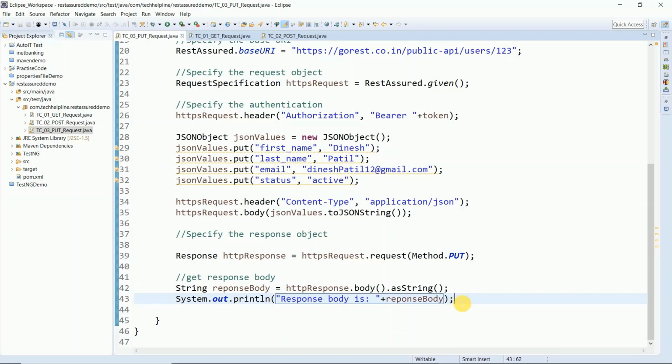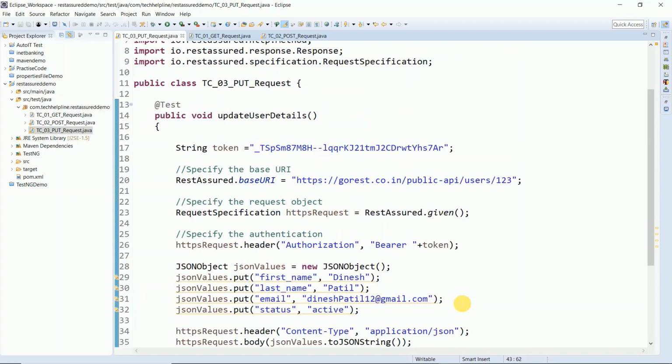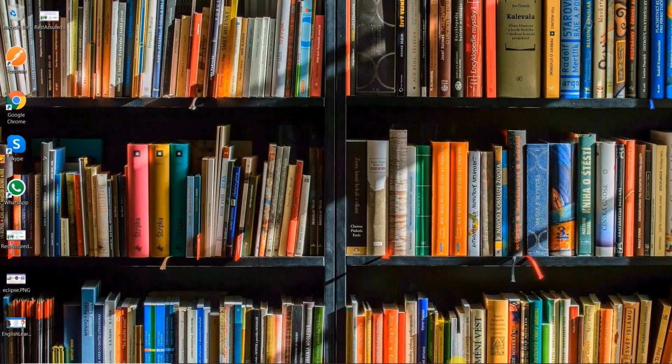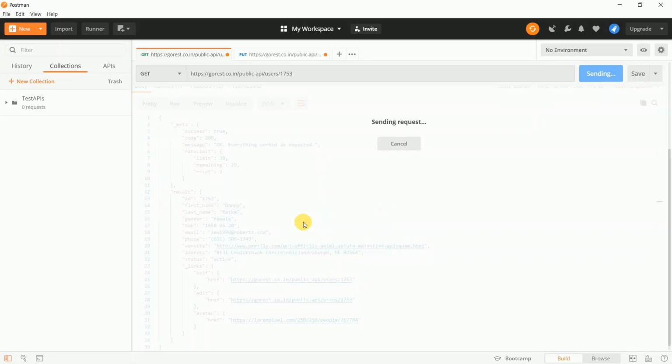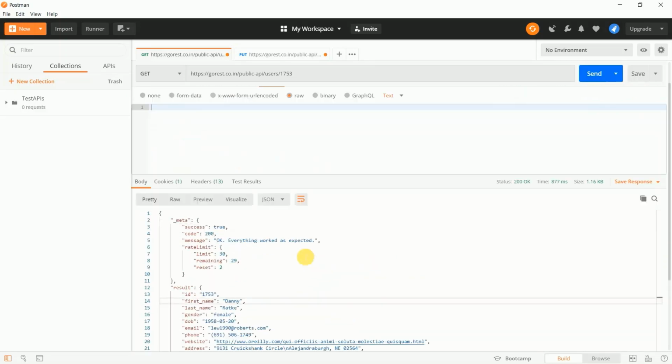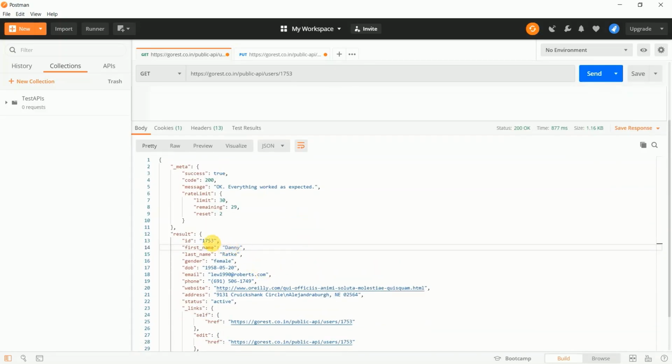So let's update the particular user's details. For that we'll pick one user ID from Postman. The same user ID we will be using, 1753. Right now this user's first name is Danny, and his email ID is something like lew1990.